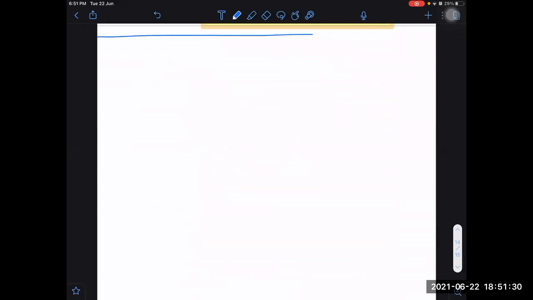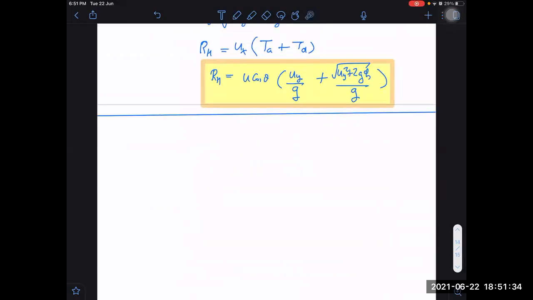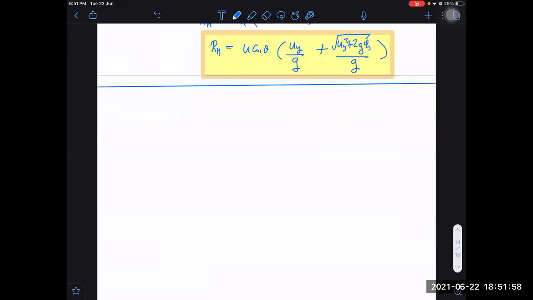Sir, you will derive in brain only, no, sir? Yes, I derive it in brain only. Means I understand it is ux. It is horizontal velocity, and it is a time of flight. And time of flight I'm splitting into two parts. So I know it will be separately two parts, and one part is dependent on uy, the second part is dependent on vy. So I will just write uy divided by g plus vy divided by g, and whole multiplied by u cos theta. If you understand it in this way, you can also do that. It is not much difficult.